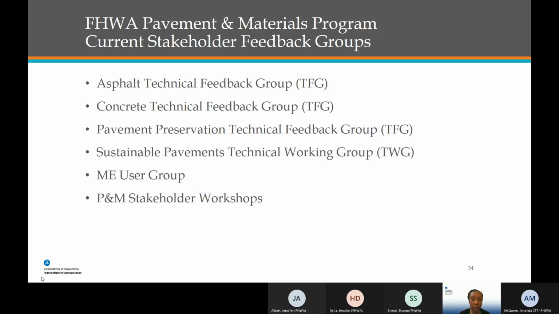Sustainable Pavements TWIG, or Technical Working Group, has been around for about 10 years now. This group meets twice a year to talk about issues related to sustainable pavements, everything from LCCA to LCA to resiliency, etc. The ME User Group includes all 52 states.